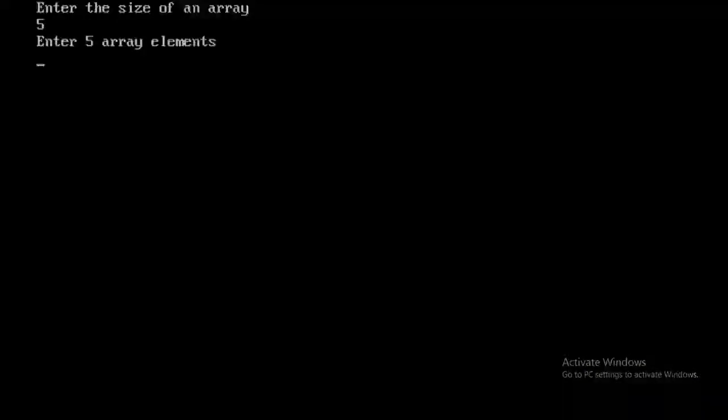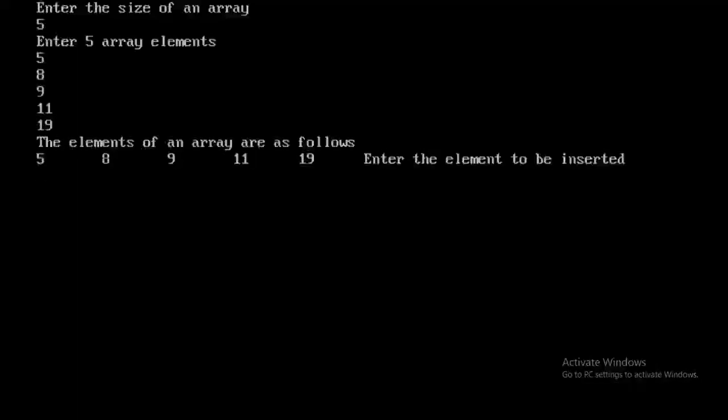I'm going to enter 5 elements, and the elements should be in sorted order, because you are performing insertion on a sorted list. So 5, 8, 9, 11, and 19. Okay, the elements of an array are as follows: 5, 8, 9, 11, 19.